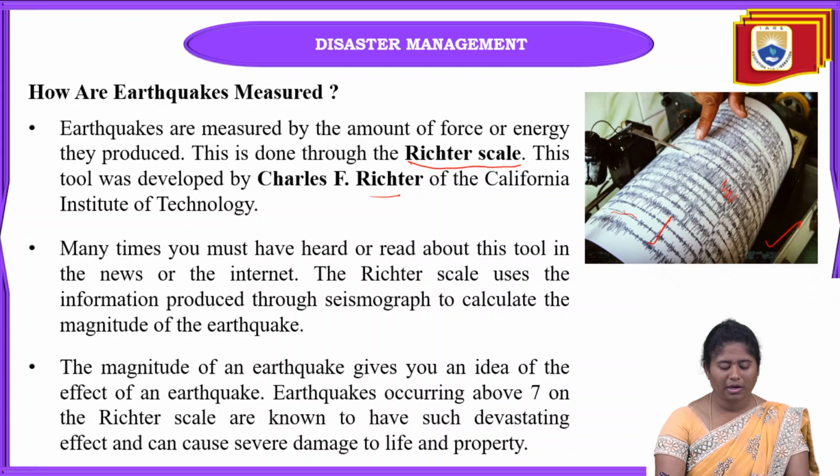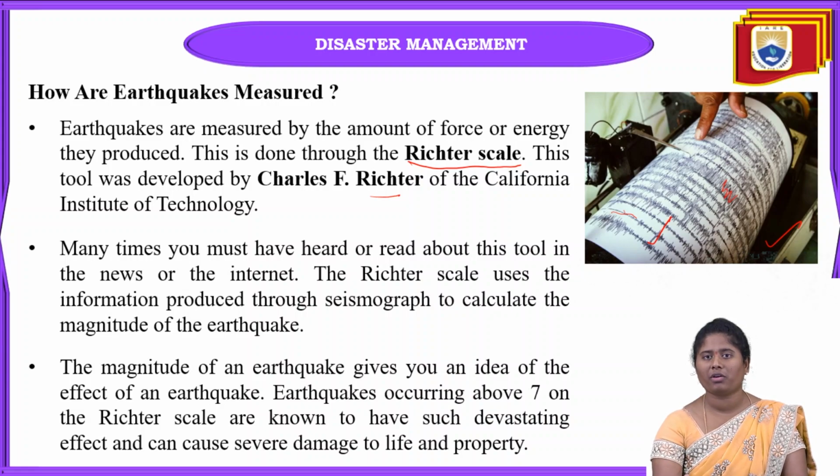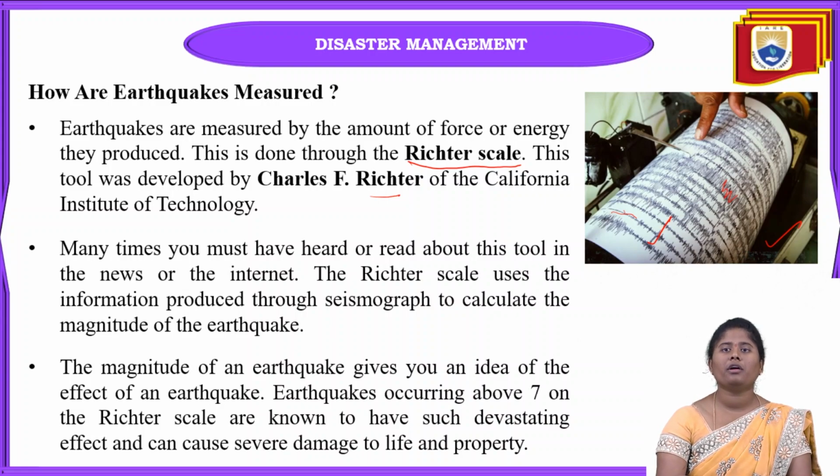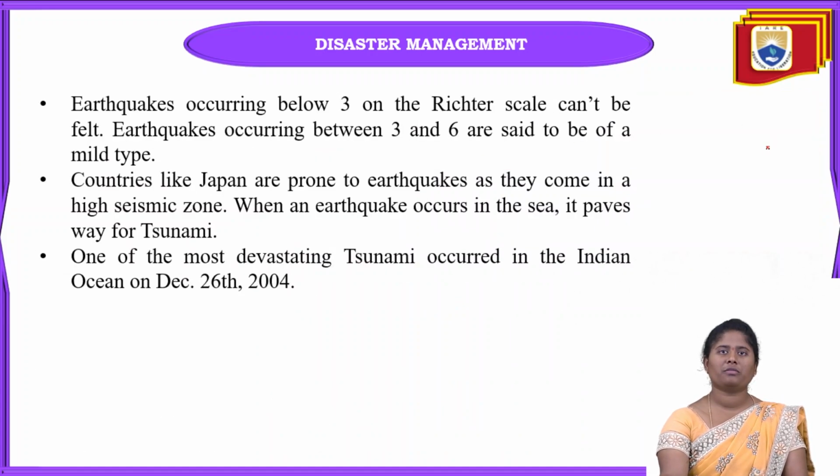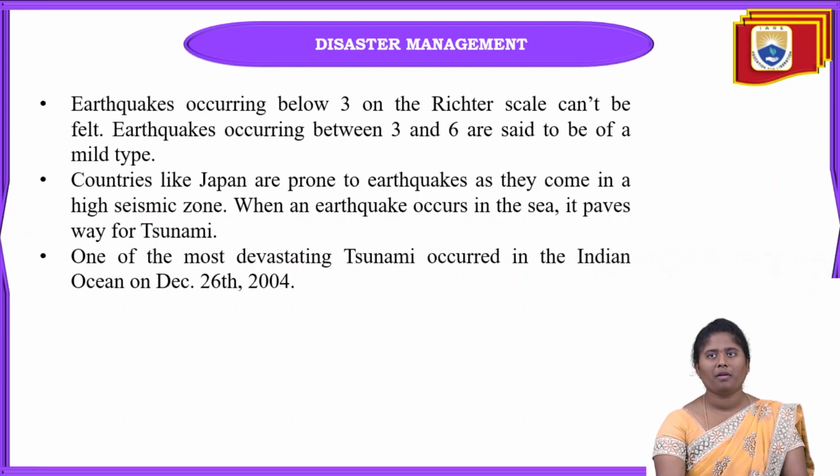Mainly, if the earthquake magnitude is above 7, it will lead to a huge loss of human life, and we are going to lose animal life as well, and properties also. Coming to the next one, if any earthquake occurs below 3 magnitude on the Richter scale,